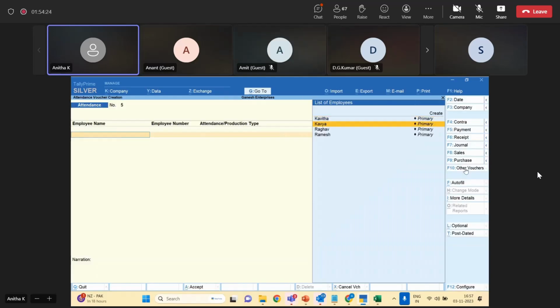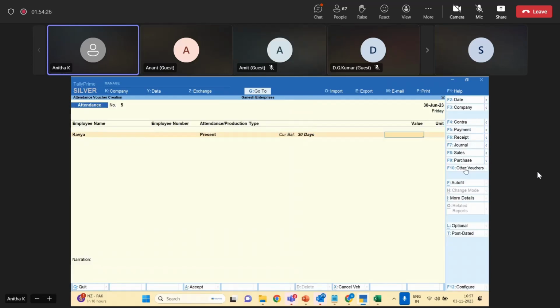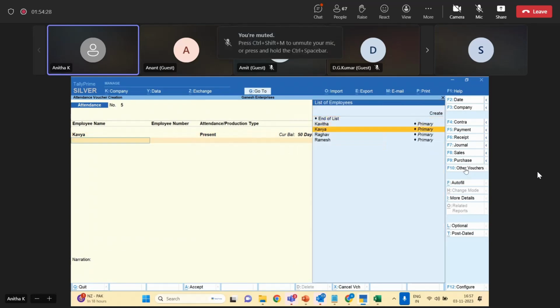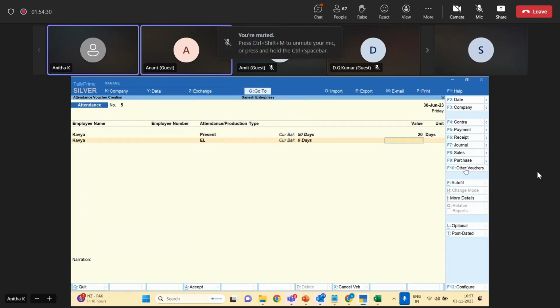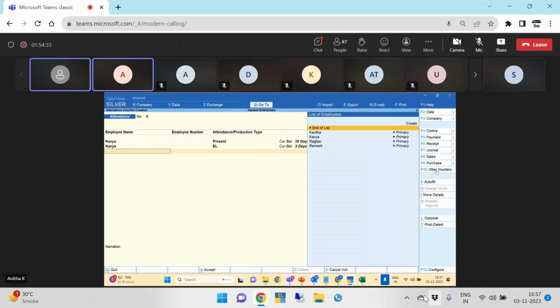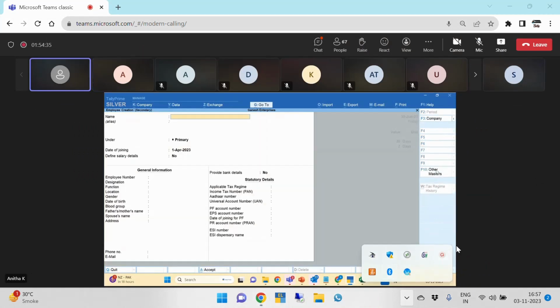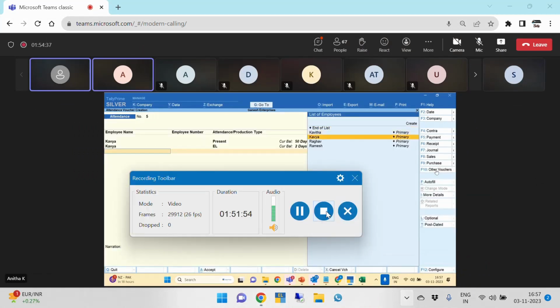You have to give it like this, like Kavya present for 20 days. Kavya had taken earned leave for 2 days. If you want to show week off also separately, if you want to see week off too,